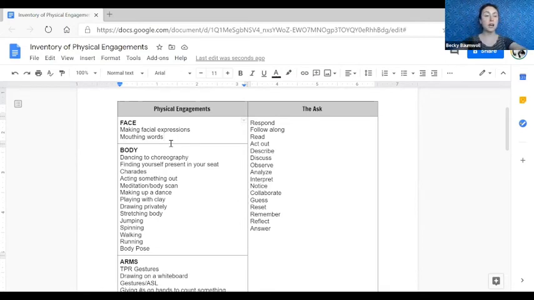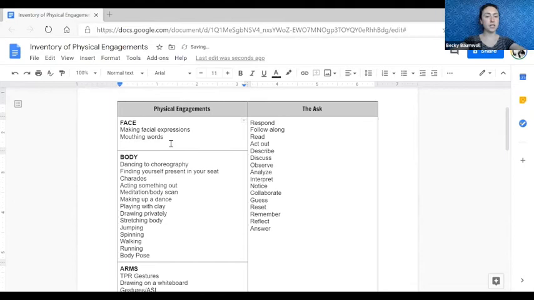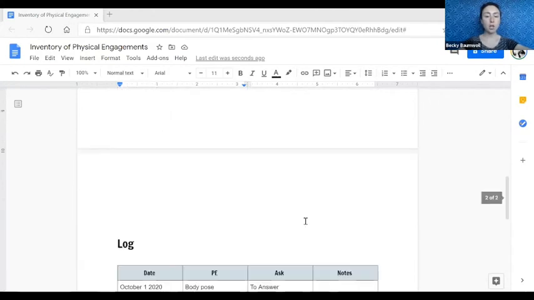So let's say I'm going to add to face here in physical engagements, Zoom screen proximity. If you found one metaphor, put your head way back here. If you found two or three metaphors, put your face in the middle. And if you found so many metaphors, put your face up really close to the Zoom screen. In that way, we can use proximity or interacting with this box to give that nonverbal physical engagement you're looking for.